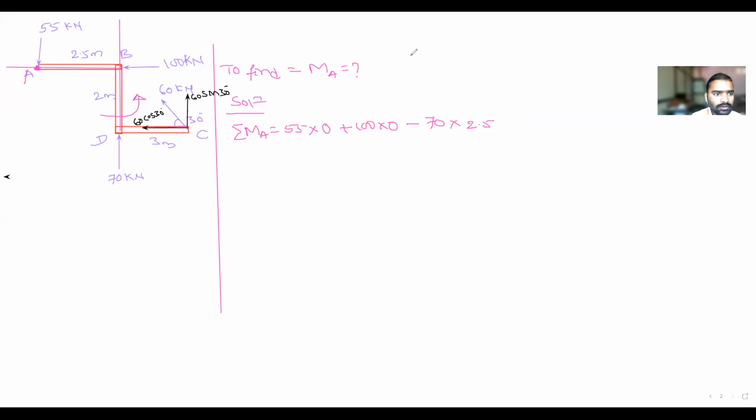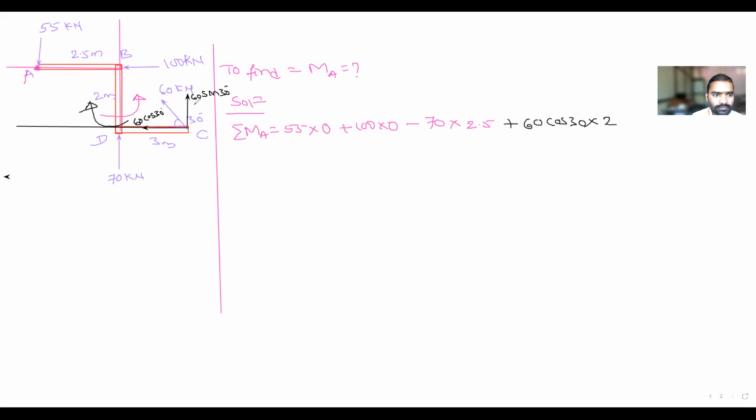Okay. So now I will write it in black color only so that you will get the correct answer. The horizontal force is in horizontal direction. The line of action of force is like this, correct? The point is A. What is the distance between A and the line of action of the force? 2 meter. Now, when this horizontal force is acting, is the entire body about point A moving in clockwise direction or anti-clockwise direction? Clockwise. So this is moving in clockwise direction. Okay. So the entire body is moving in clockwise direction, correct? So that is plus. Force is how much? 60 cos 30 into perpendicular distance, how much? It is 2 meter.